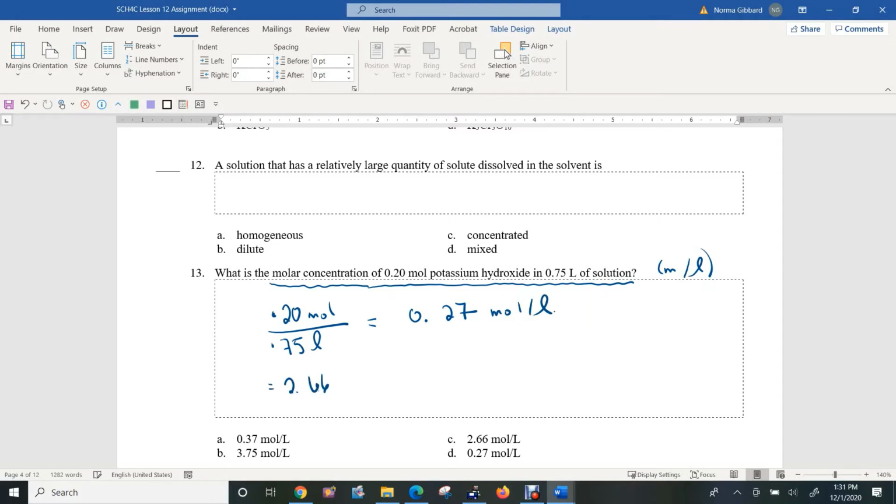So this works out to be 0.266 and so on, which is then 0.27. Okay, and one more,